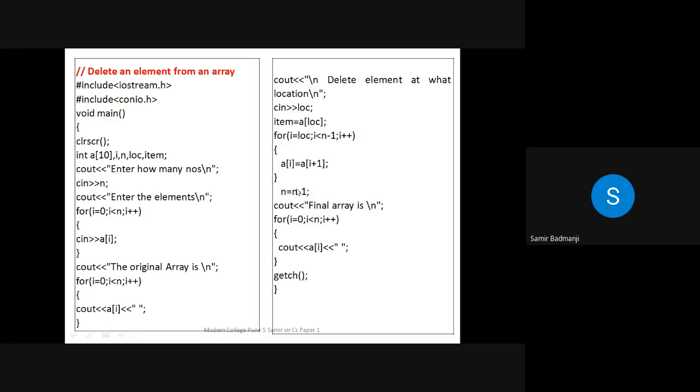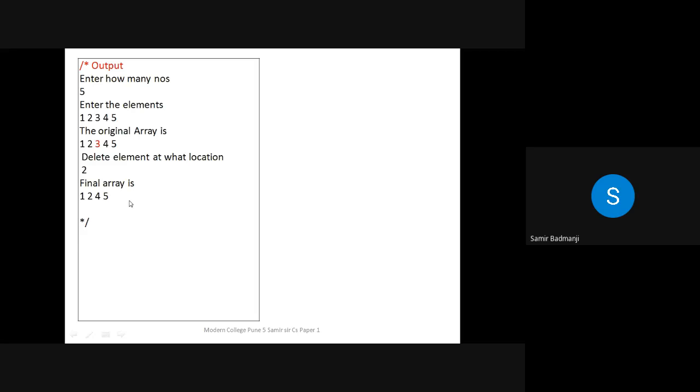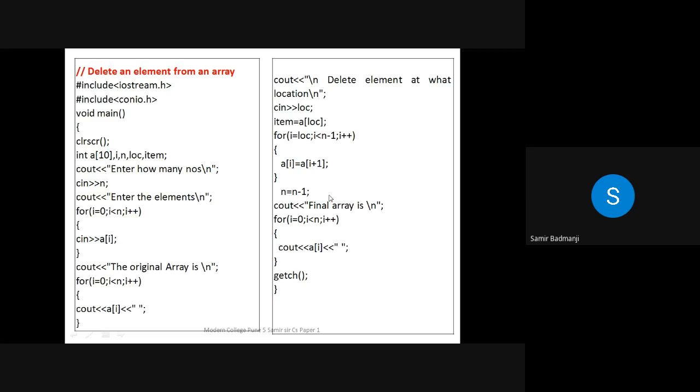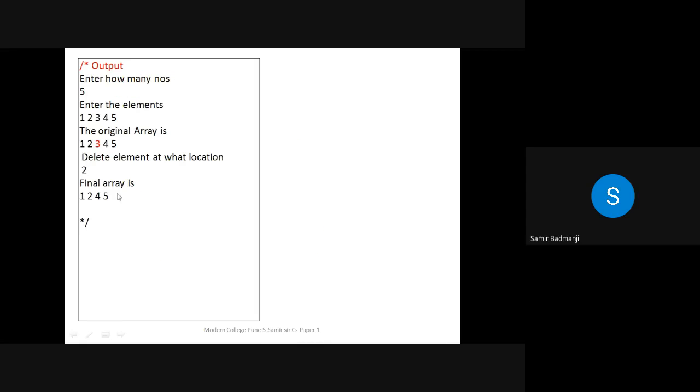And finally n is equal to n minus 1. If you don't write n is equal to n minus 1 and if you print this array, then the last element will be some garbage element and that will be printed over here. 1, 2, 4, 5 will be printed, okay, but one more element will be printed here which will have some garbage value. So you can try this during the practical. Don't write n equal to n minus 1 and see what garbage element will be there. It can be a blank space also. It can be some value also, negative, positive, or any other number. Okay. So you can try this during